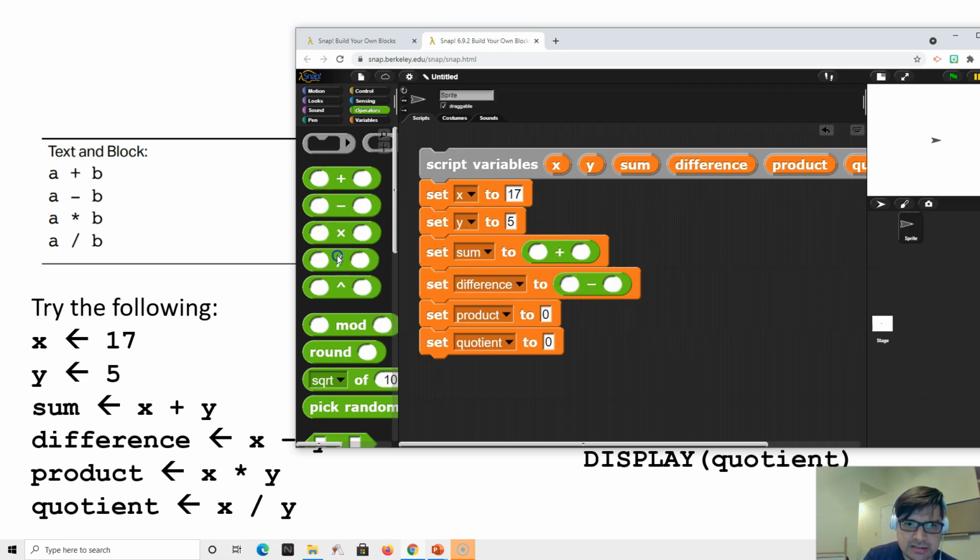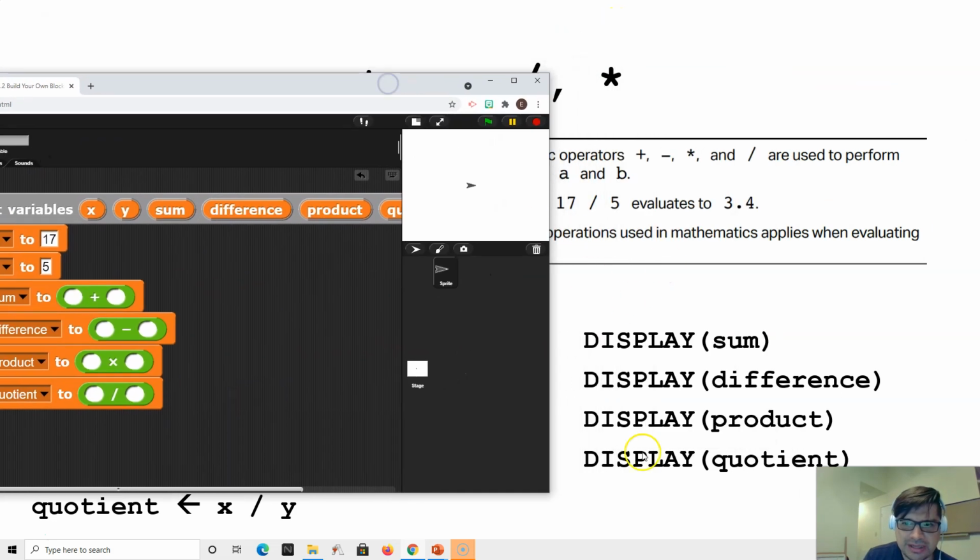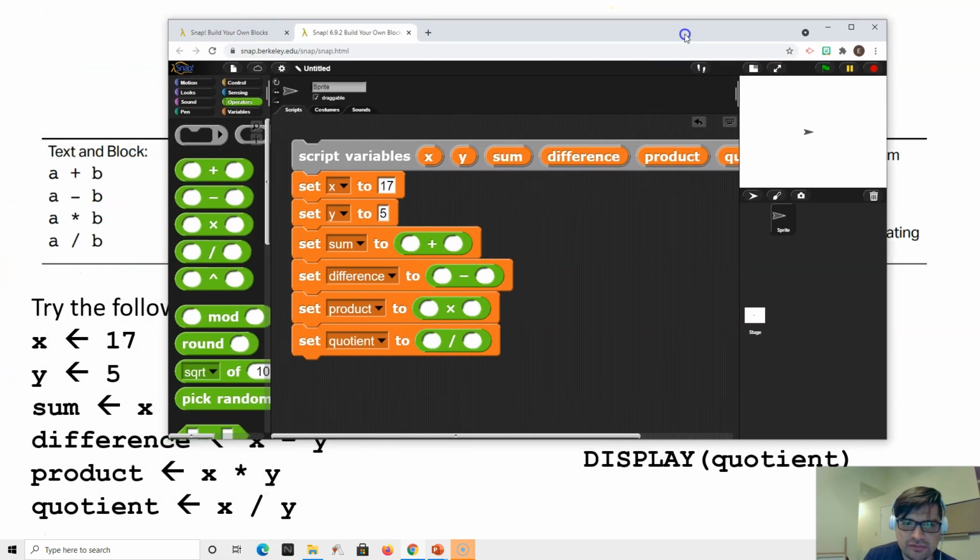Minus. And then I'm gonna display the 4 of them. So actually, let me see. X, Y. And then after these are